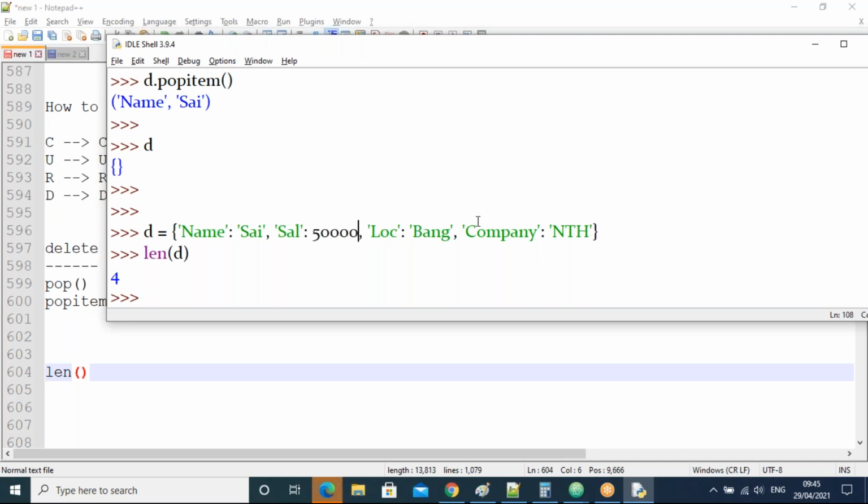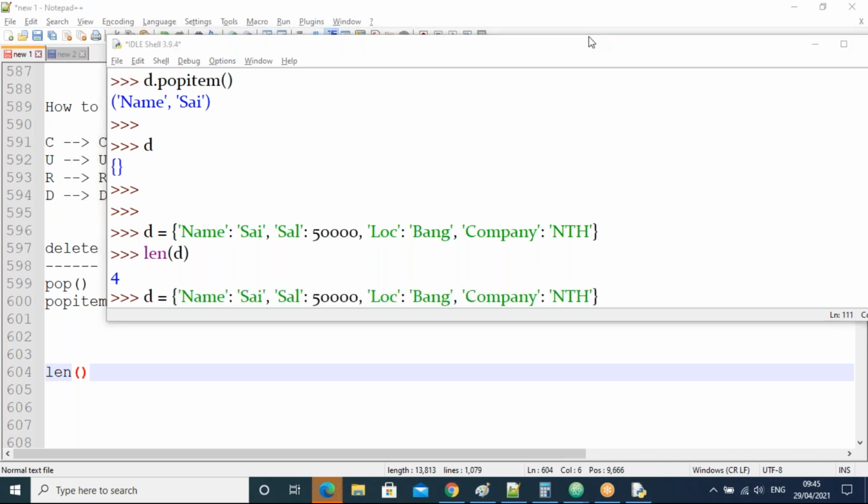Suppose now observe, I take this dictionary, guys. I am going to add one more key. I take the comma. I'll again take name equal to Nani.